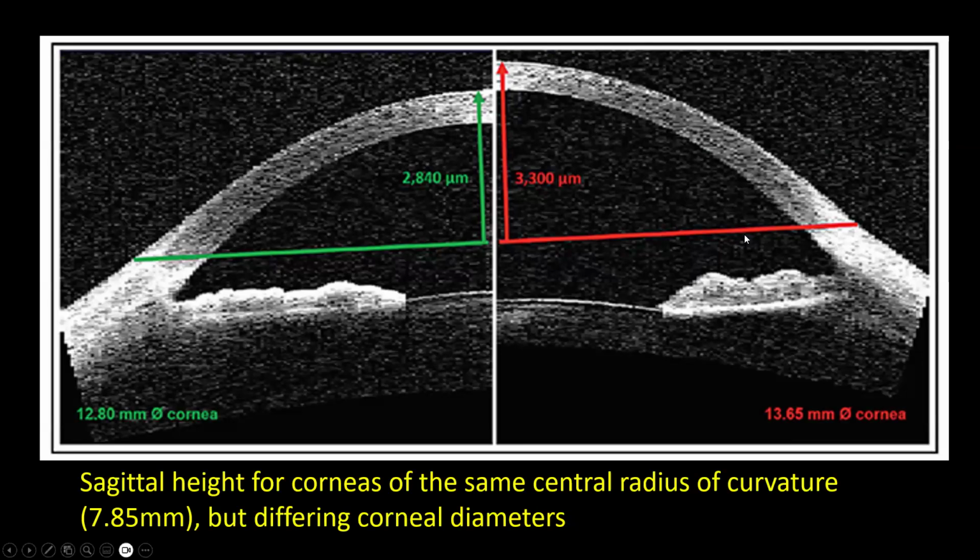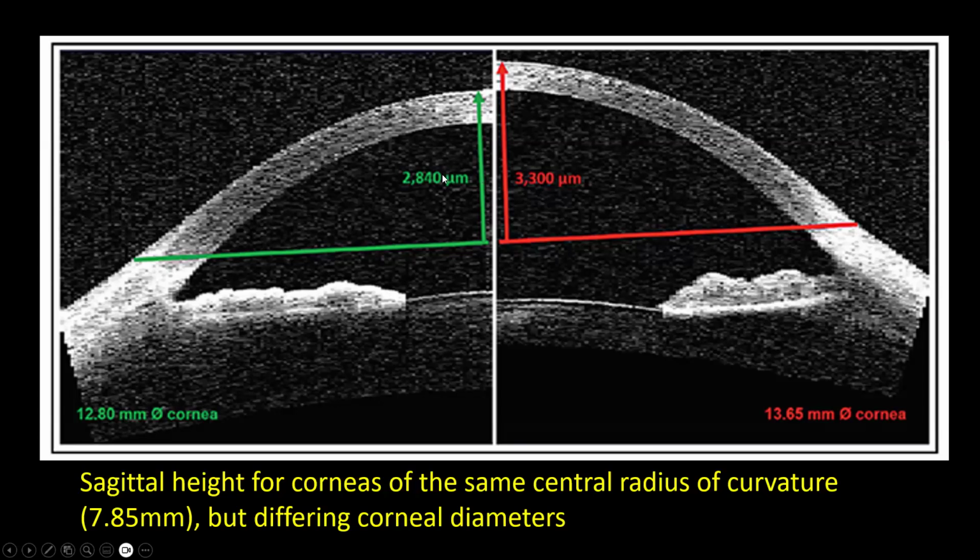Now, if you have a look at this, what we call the sagittal height is a very important parameter in fitting scleral contact lenses. As a matter of fact, in scleral contact lens fitting, the sagittal height is more important than the diameter of the lens. So from the part where the lens lands on the sclera, if you draw a line horizontally to the height of the lens, it gives you an idea of the height of the reservoir you have. So this is